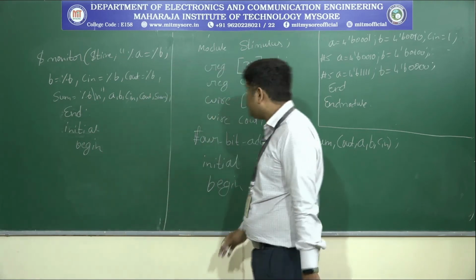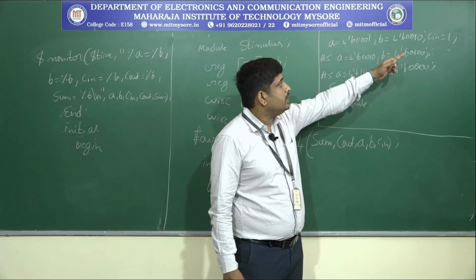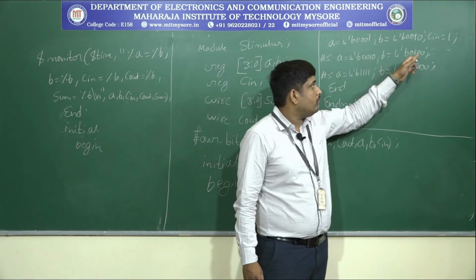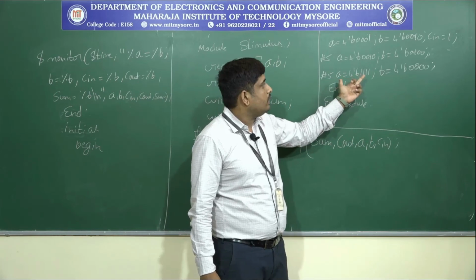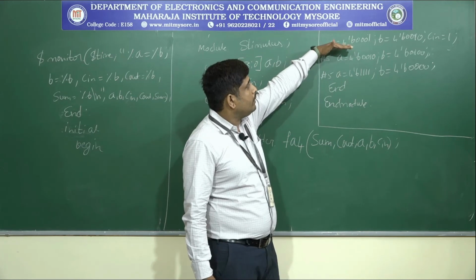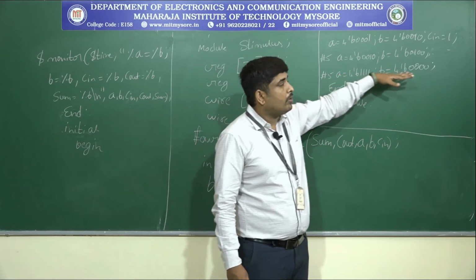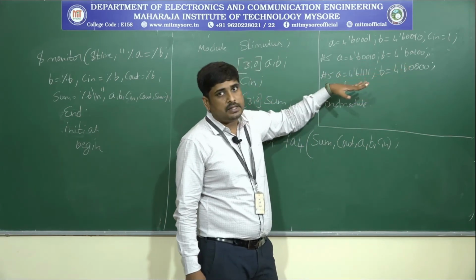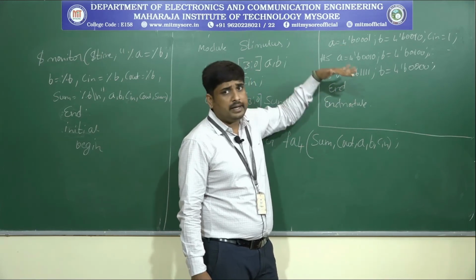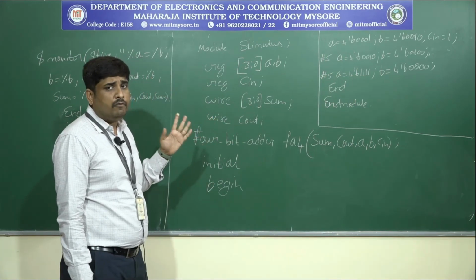Okay, here we have to apply some data. So what data do we apply? A is 0001, B is 0010, then Cin is equal to 1, then A is equal to 0010, B is equal to 0100, then A is equal to 1111, then 4-bit binary 0000. First you apply the data, again after 5 nanoseconds you apply some data, and again after 5 nanoseconds you apply some data. Then finally we get the result of the 4-bit adder. So here we have to apply 3 data sets. So this is a 4-bit adder circuit, or 4-bit full adder circuit.